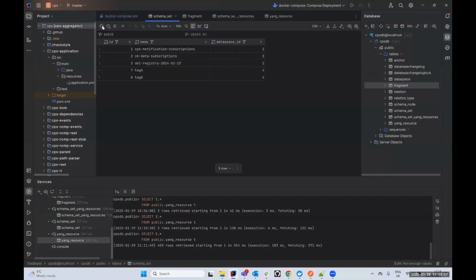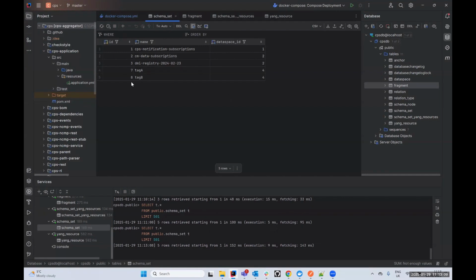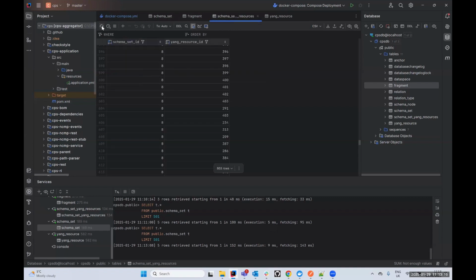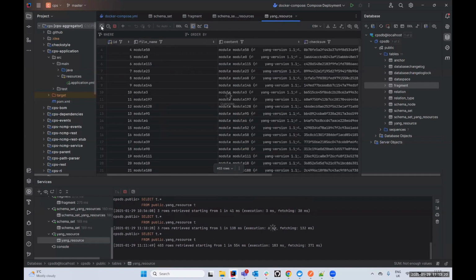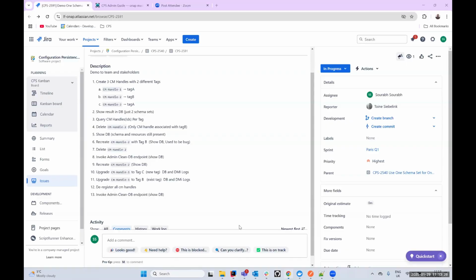And if I refresh it, tag B is orphaned, as well as its mapping that is related to it, and we have the Yang resources related to that. It is not cleaned up. Maybe to clarify, it's still there in the database. In the old system, and this was one of the performance issues with the delete use case, it would always immediately delete